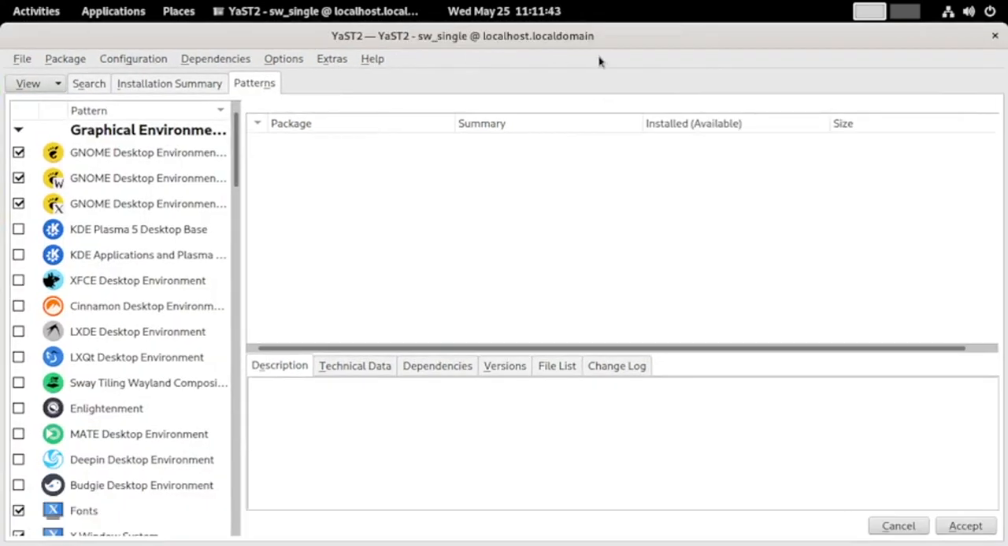Now this is the Synaptic package manager. All the functionalities of Synaptic package manager are here. This is called the YaST package manager. Here, in just one click, you can install or remove a